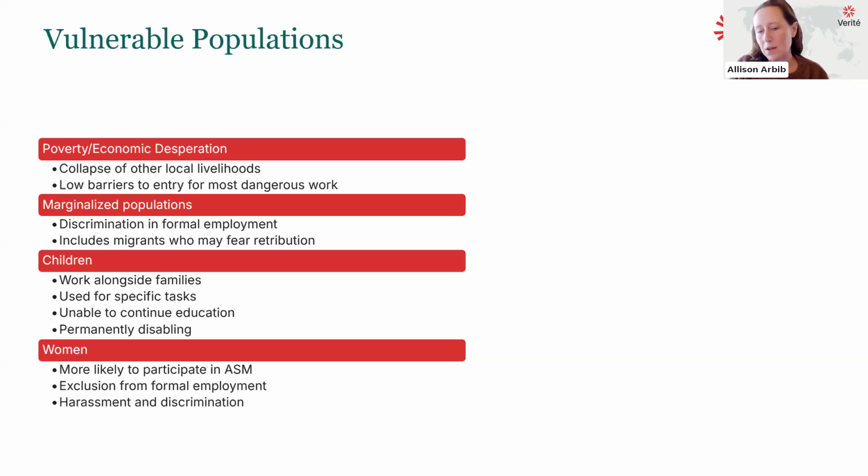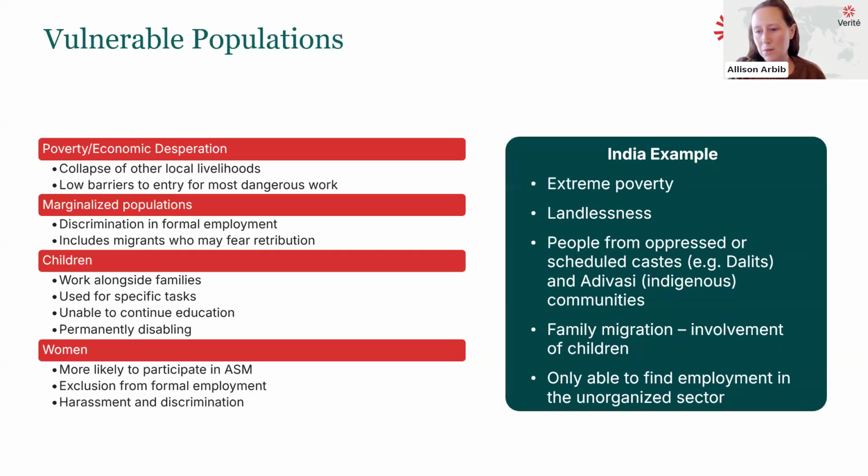One example of a vulnerable population in mining and the way that they can be particularly oppressed is looking at the Dalit group in India. You look at conditions of poverty, landlessness, and discrimination in terms of employment in an organized or formal sector. So they're recruited by quarry owners to come work in silica quarries. They are provided with high interest loans or advances just for basic expenses. Once they take these loans on, they're really not able to repay them with the earnings they're making at the mines. So they create these debt cycles.